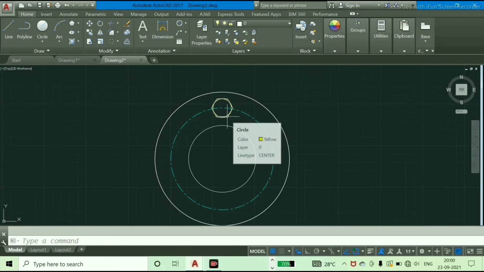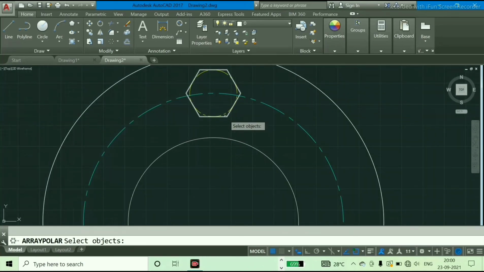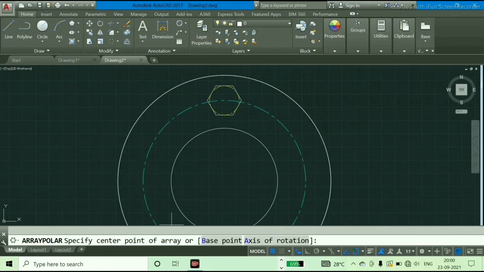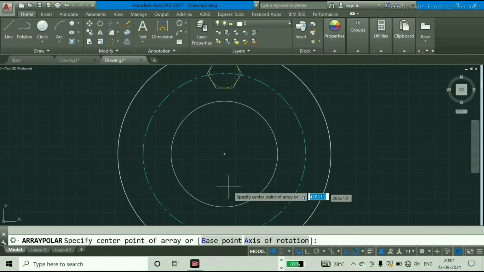Now if you want a pattern here, you can choose array, like polar array. Select this hexagon nut and this inscribed circle, right click on it, and now it shows me in the command bar: specify the center point of array. So I will choose this point.